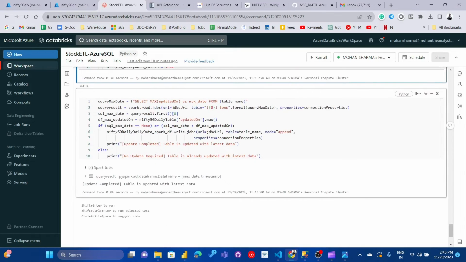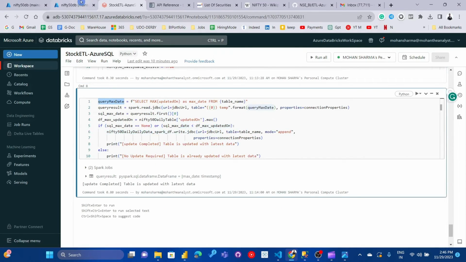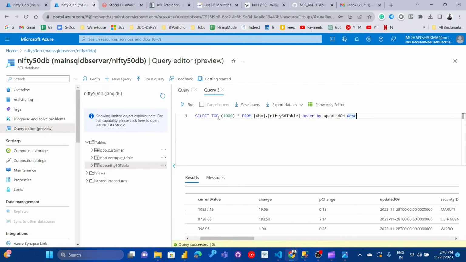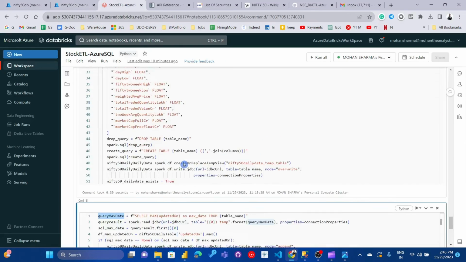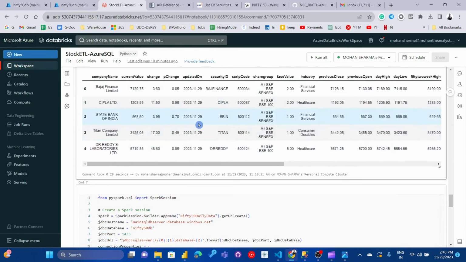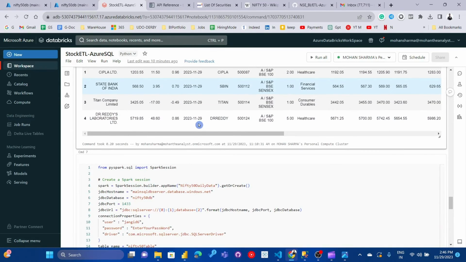So this is the last piece of code, which is very easy. What I'm doing here is retrieving the maximum date. You can see I'm using the max function on my column updated on. Let's see what is the maximum date. You can see we don't need group by, because it aggregates our data and tells you what the maximum date is. So the maximum date is 28th, right? And what is the maximum date of our data frame? We know this is of 29th data. So the maximum of our data frame